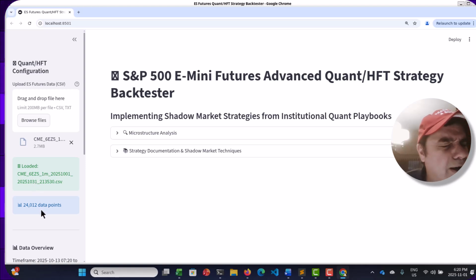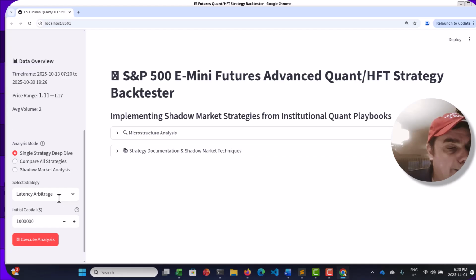24,000 data points, it works. So it's been loaded in now. Just so you know, every time I run a separate prompt for each of these, every application in the Streamlit will look totally different. But the structure of the prompt itself is identical, and it's also feeding in all that content for each of those posts that you can find in the group for the appropriate futures contracts. So in this case, it said it's for ES.